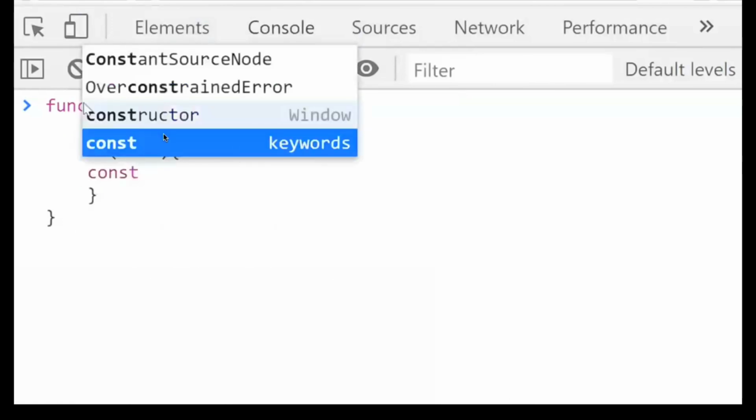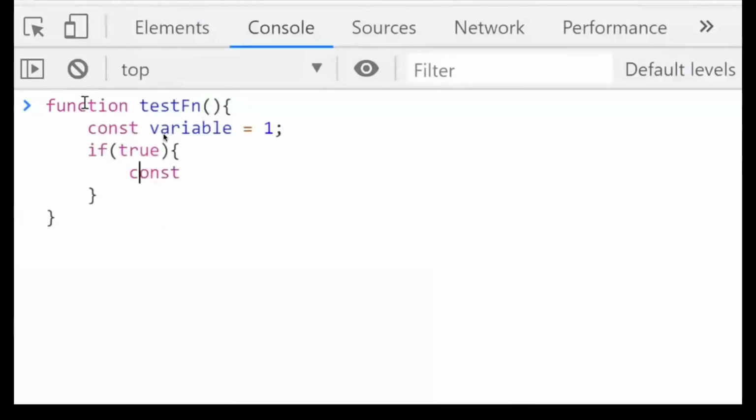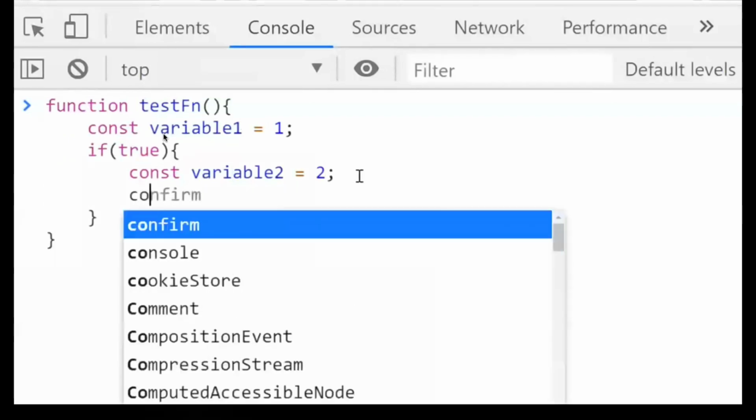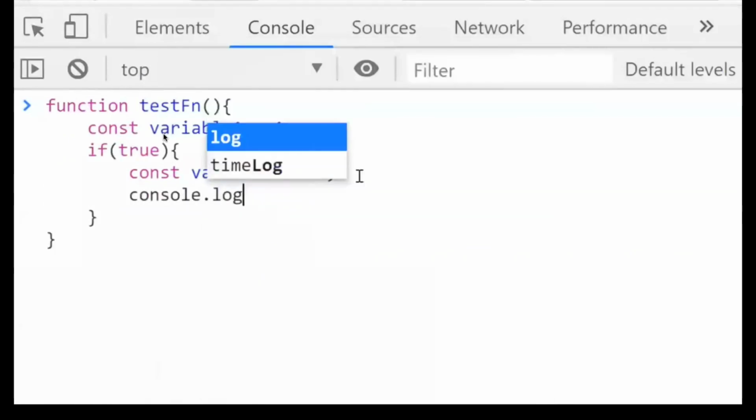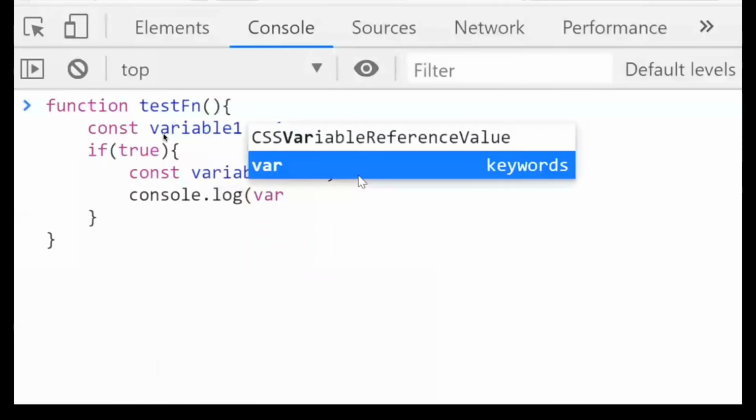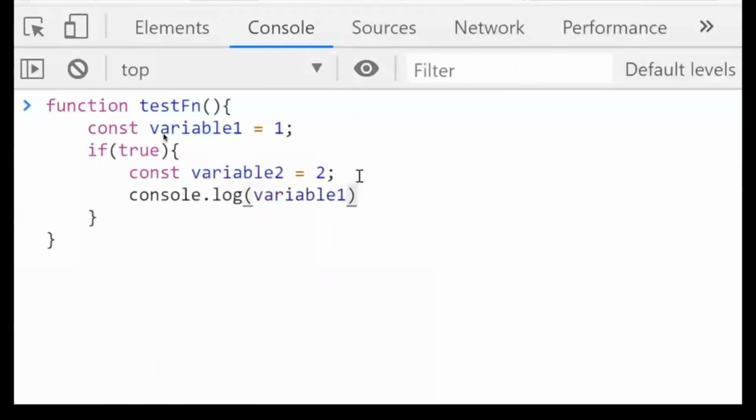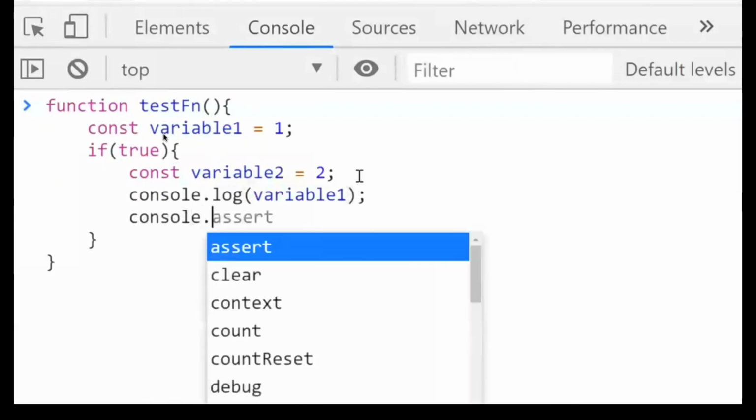So what we are trying here is, if true, that means if the value is true, then variable 2 will have the value 2. Let's keep it as variable 1 and variable 2. Now we'll console log the value of variable 1 as well as variable 2. Let's see what value we get.